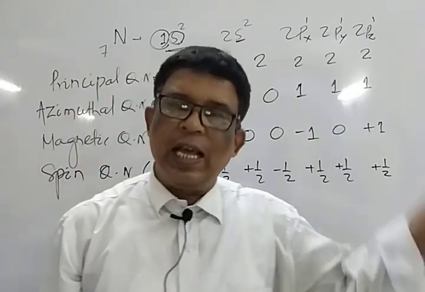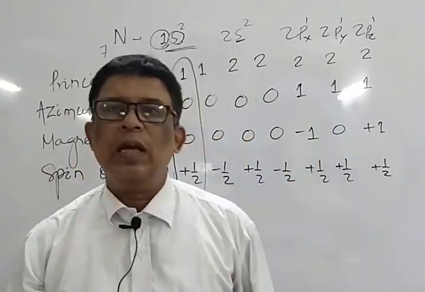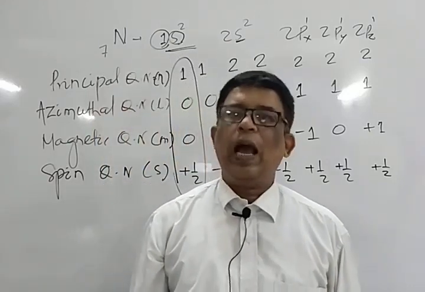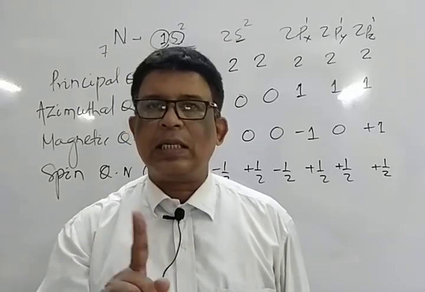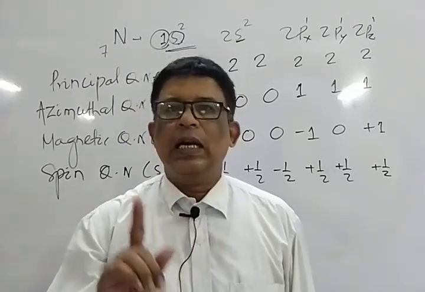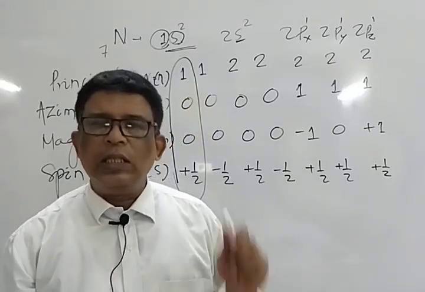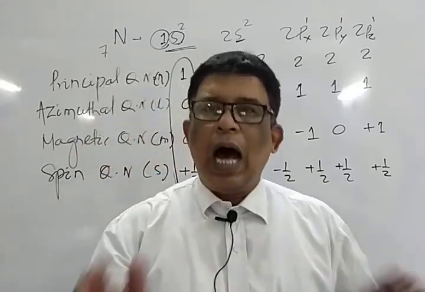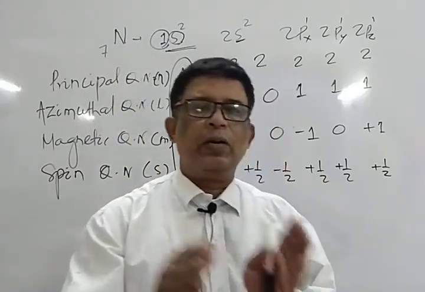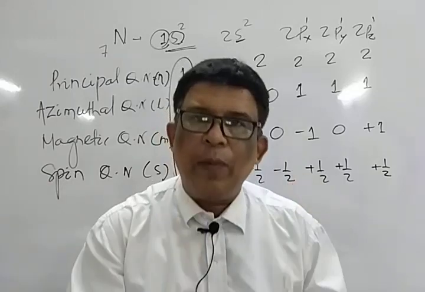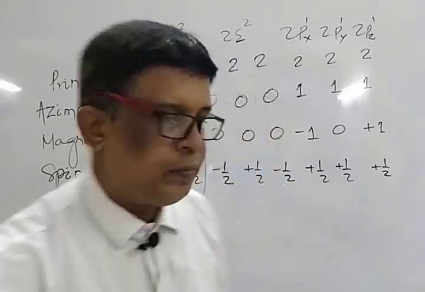Initially, in class 10th, we know the arrangement of electrons on the basis of cell by 2n square. By applying this principle, the maximum number of electrons present in the first cell is 2, in the second cell 8, then 18 and 32. Now, by using this principle, we have to derive how the total number of electrons in a cell is subdivided into subcell and sub-subcell, that is known as the orbitals.